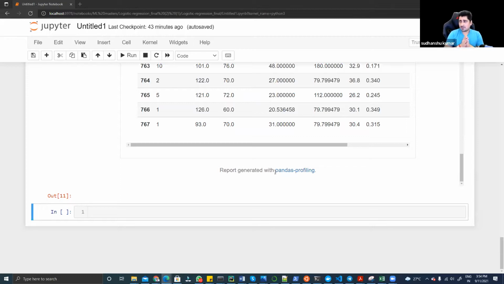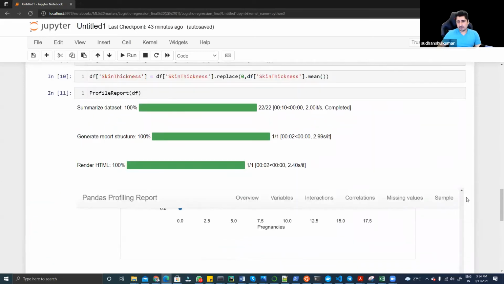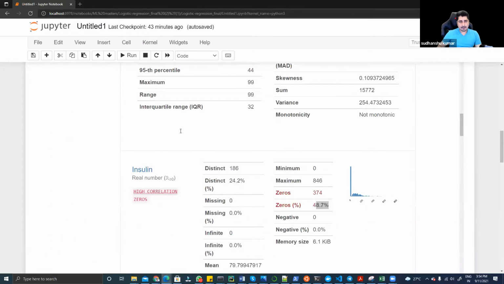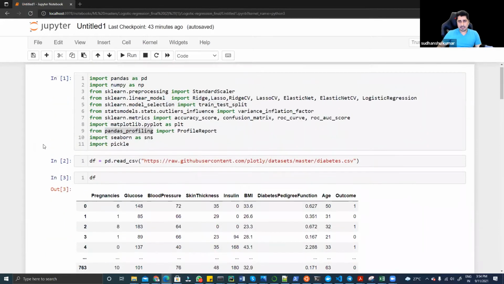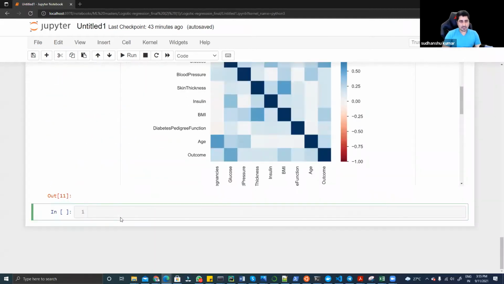Maybe we can perform multiple different kinds of operations, but a box plot is going to tell me what the outliers are that we have. So let's try to do a box plot operation over here. I think I have done the import for matplotlib pyplot as plt. So if we have to do a box plot, we can say plt dot